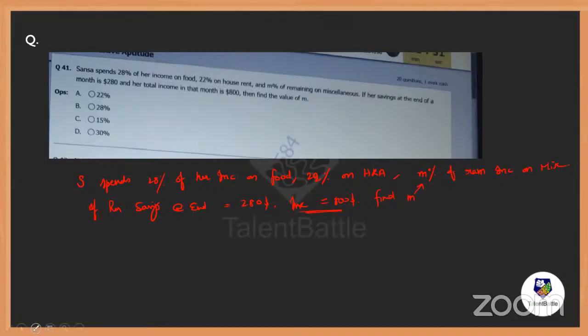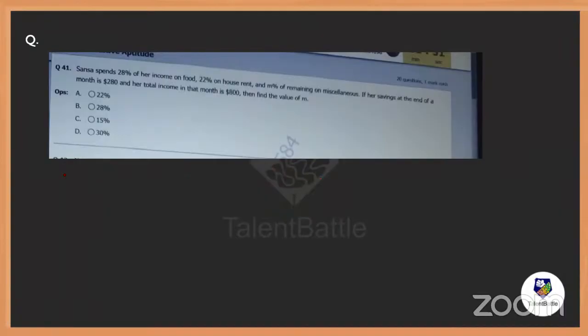So everybody, let's solve this question. People, tell me, income is $800. Let's say 800 rupees. If income is 800 rupees, her first spending, number one, is on food. And how much is she spending? She's spending 28% of her income, which is 800. The 0 gets cancelled. 28 eights are how much, everybody? 160 plus 64 is going to give me 224. Yes or no?